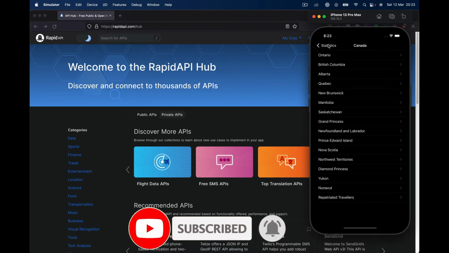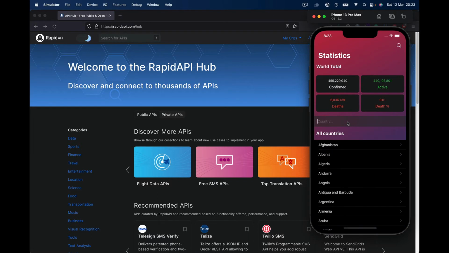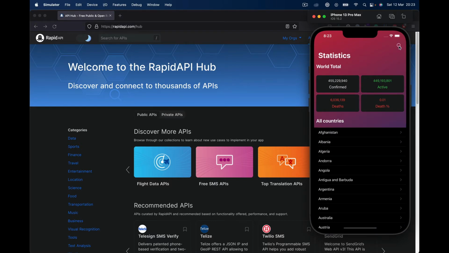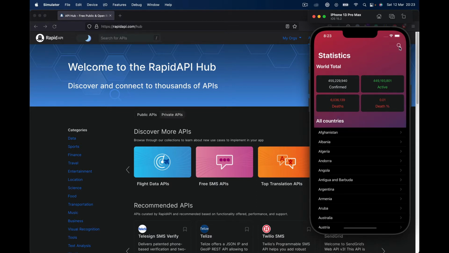So this is how it works in case the provided country has any parts of it that can be republics, states, or provinces, or other parts of the country. You will see another list view that you can choose which part of the country you want to see, and finally you will see the actual data provided by the API. So the search, simply click and hide the search bar, and this is how it